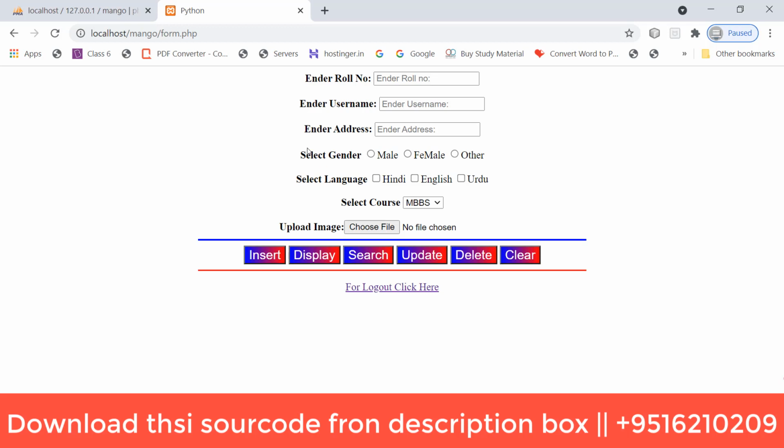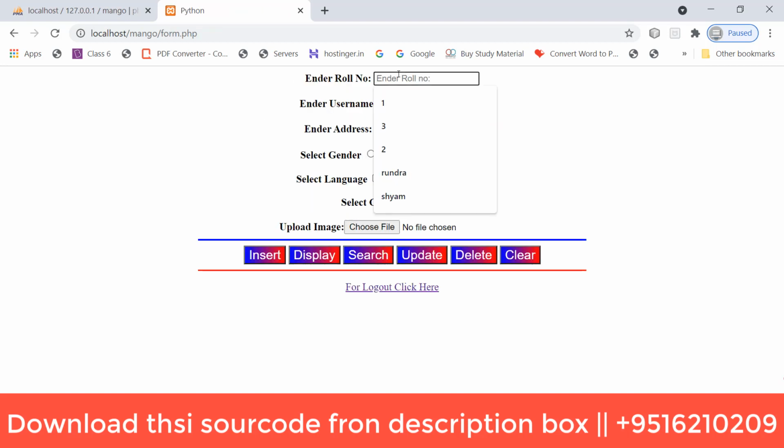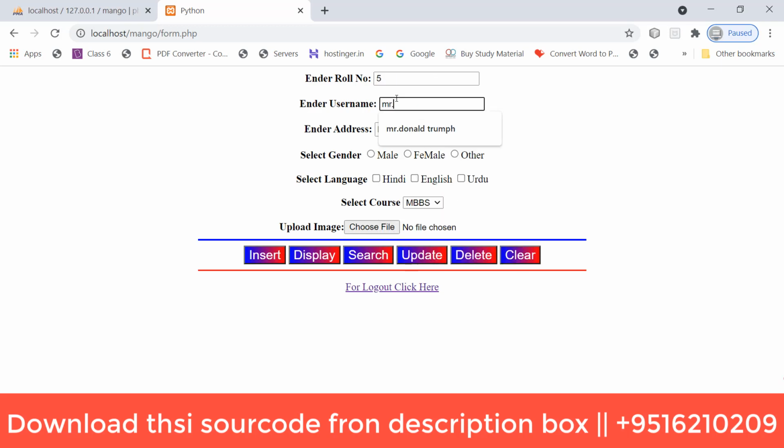This is the final output, friends. This is the final output of our programming. So if I display here, the third one is Rudra. One more thing I am also entering. Go to the main page, and as the third is there, I am entering the fifth, Mr. Joe Biden.